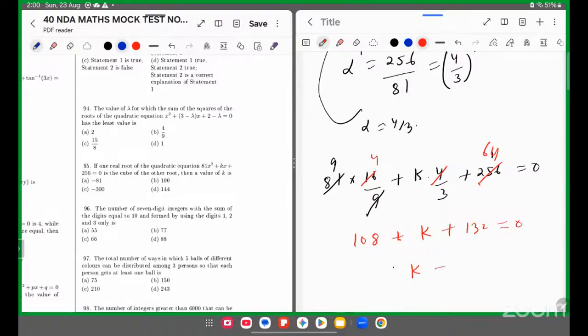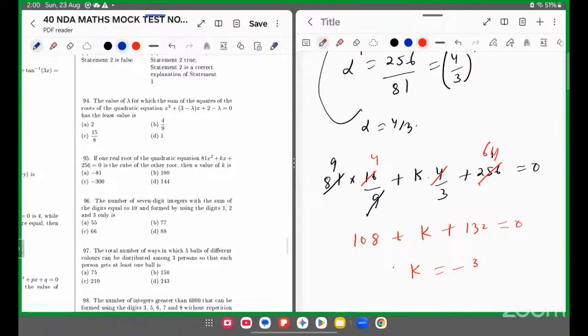बराबर। तो k का वैल्यू कितना आएगा? इन दोनों का सम करेंगे तो 300 और 132, 9 4 36 इंटू 3। ऑप्शन कितना है इसमें? -300, -100।